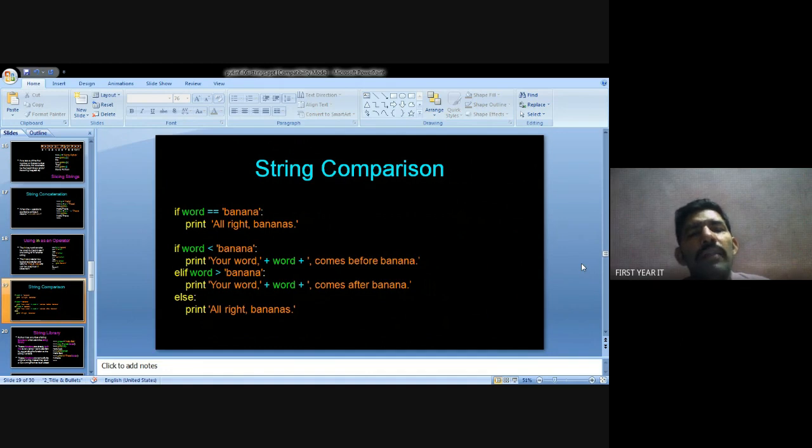Suppose I put the word value as India. India is less than banana, so that is wrong. True means execute the statement, false means go to the end of the else statement. This is called string comparison.